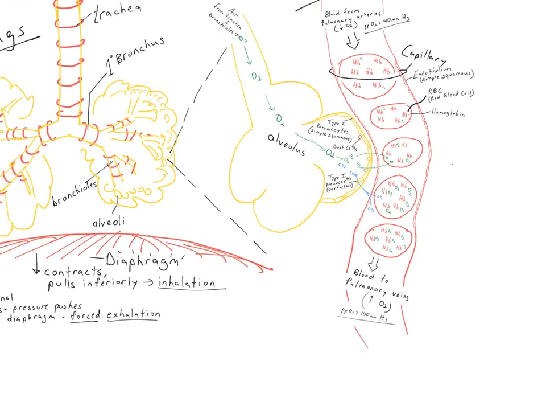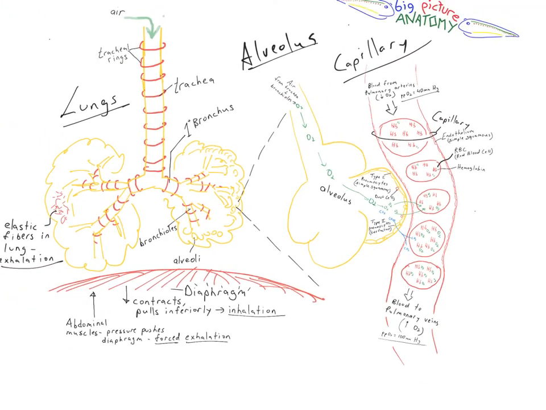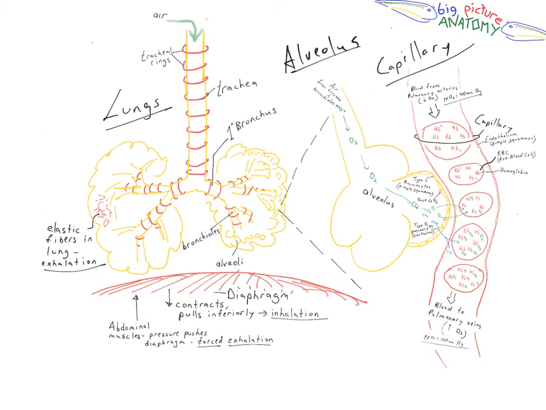So that's a nice review of the total process by which oxygen gets into the blood and the role of the lungs in doing that. Just a quick wrap up. Air comes into the lungs through the trachea, branches out through the primary bronchi and bronchioles out into the alveolar sacs. It is pulled into the lungs by the diaphragm, contracting inferiorly. It is expelled from the lungs by elastic fibers in the lungs, shrinking the lungs back down to their smaller